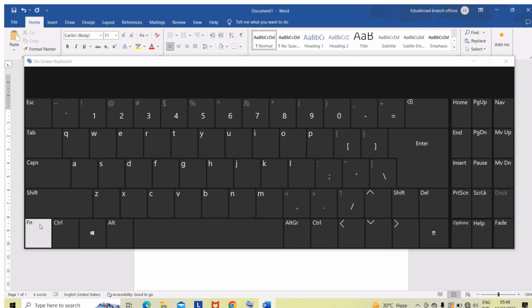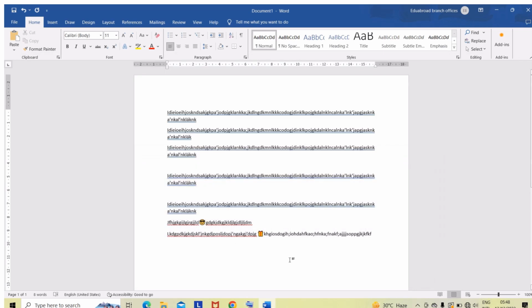What are these? The keys: Control plus Alternate plus Delete. When you press these three keys, then your Windows will automatically shut down. It's as simple as that.